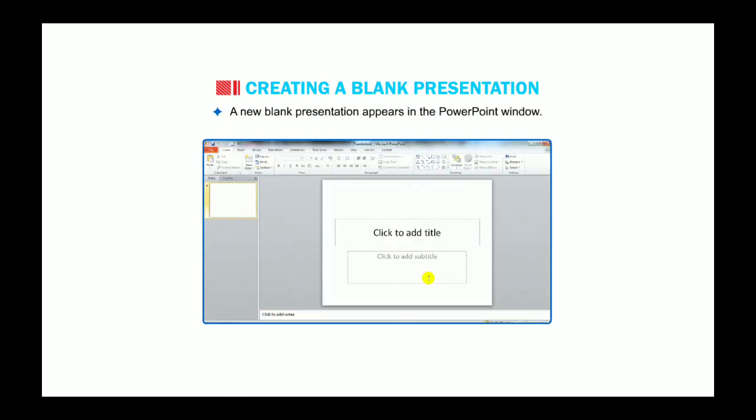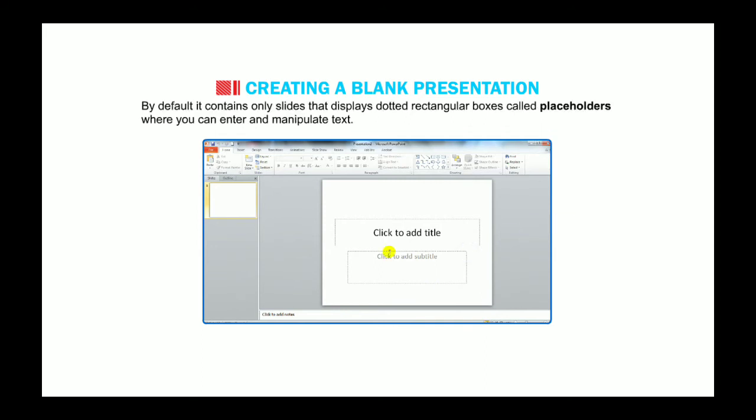A new blank presentation appears in the PowerPoint window. By default, it contains only a slide that displays dotted rectangular boxes called placeholders, where you can enter and manipulate text.